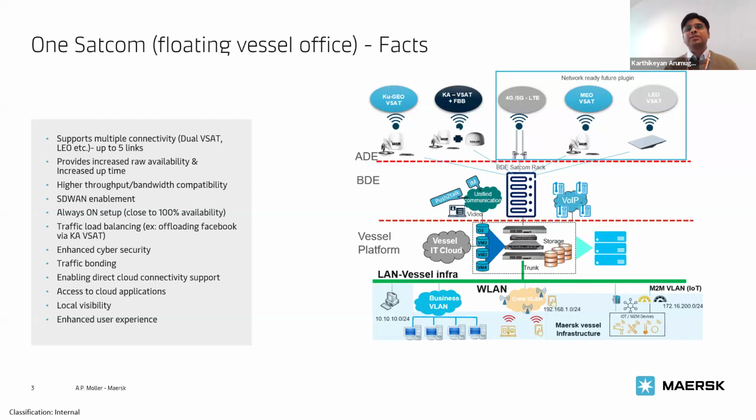It also provides future traffic bonding and direct access to cloud applications, because our vision is to migrate 60% of our applications towards cloud, so that our vessel can be as good as shore. Obviously, we cannot migrate everything, because of compliance and safety related applications. So we always look at the applications that can be moved to cloud, like Office 365, not in a legacy way of working in a synchronized mode, but more of